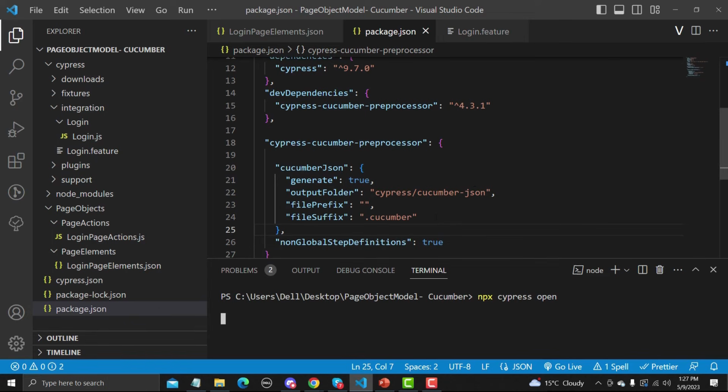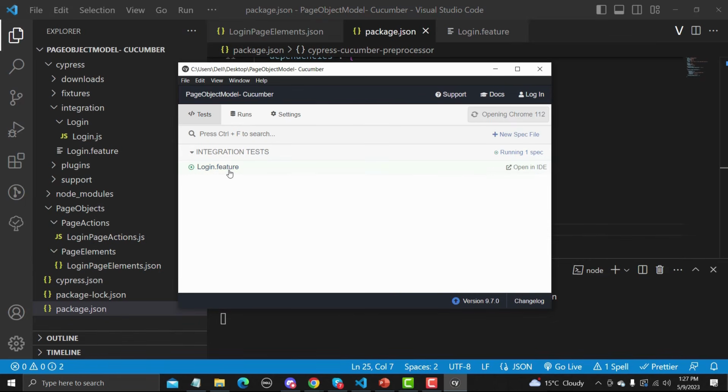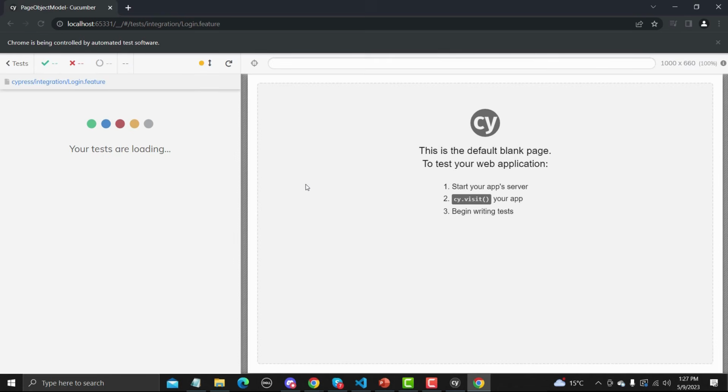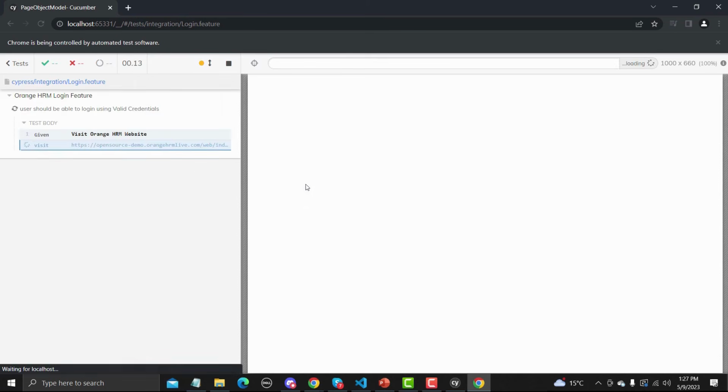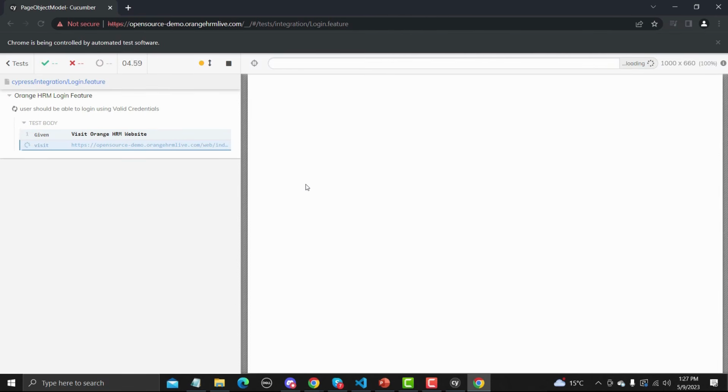So if you need to change the folder here, you can simply go here and change as per your requirement. Similarly, you can add a file prefix and so on. So that's this very simple configuration, and let me run this file here, and it will generate the file for us once the execution is done. So let's wait for this one, and this is only one single test here, so it will be executed very soon.